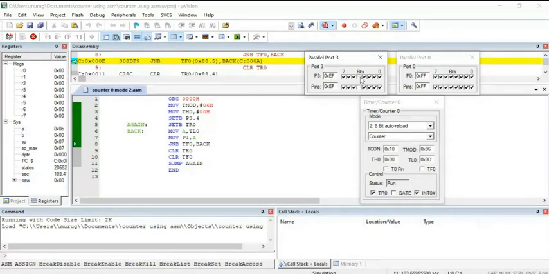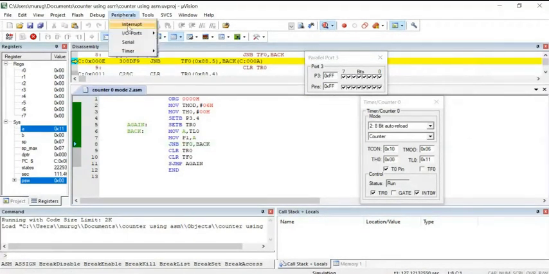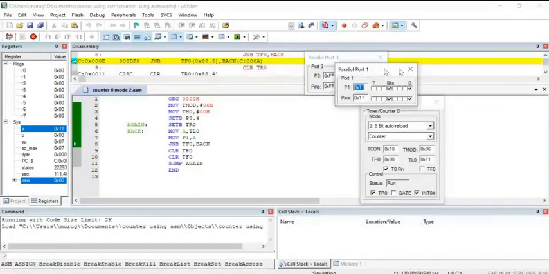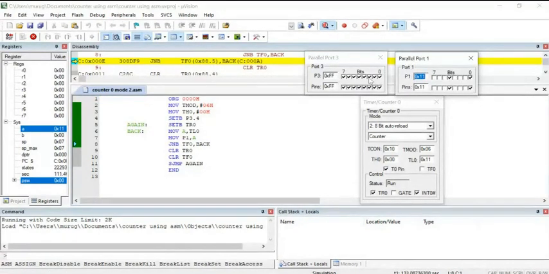Okay. So it can count up to FF. Once it reaches FF, then it resets to 00 again. This TL value I moved to the accumulator and then moved to P1. So the accumulator is reflecting that value. Sorry, port 0 I took. I need P1 only. Port 1 only I'm observing the output. You can see here 0, 1, 2, 3, 4. For each and every external clock pulse input, it will be counted. So the corresponding binary value you will be observing in port 1.